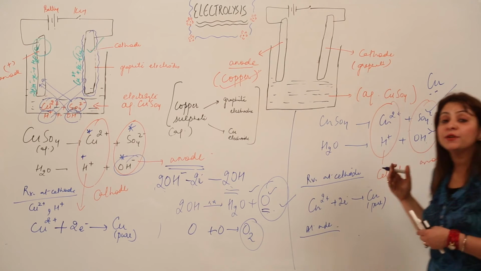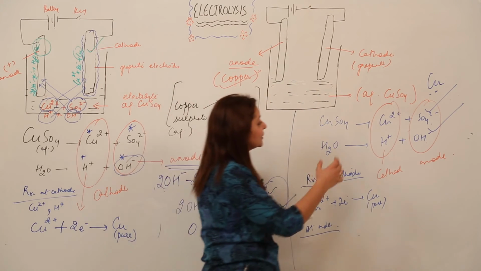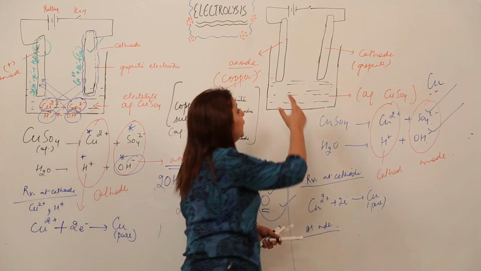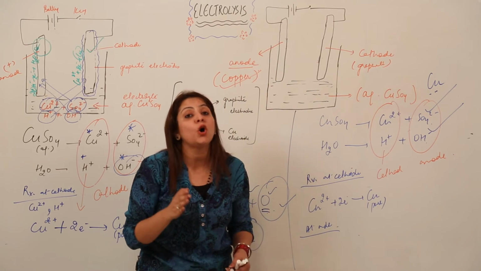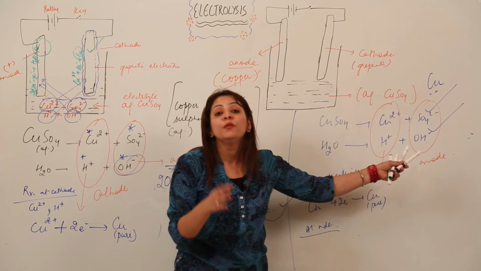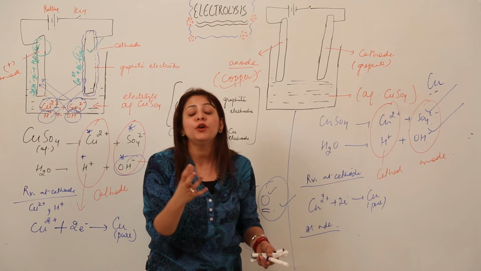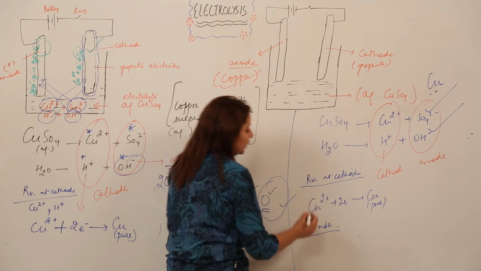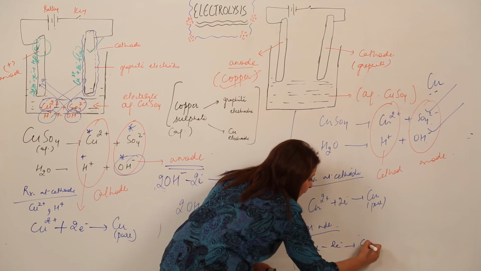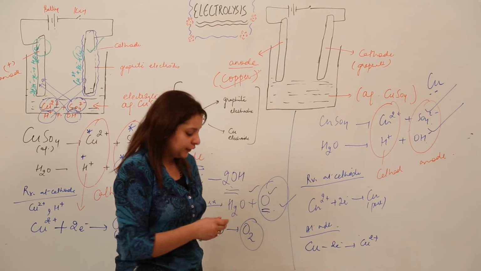What is the difference? Here is the difference that lies between this and this. Just look at the board. Neither this is going to get discharged at the anode, because it is made up of a copper electrode. So copper is going to get oxidized. Neither the sulfate ions will get oxidized, nor the hydroxide ions. Which is going to get oxidized? That is the copper atom, which is already present, a component of the electrode. So the copper atom is going to lose electrons and form Cu2+. I will write these equations in a figure, you will be more clear with that.